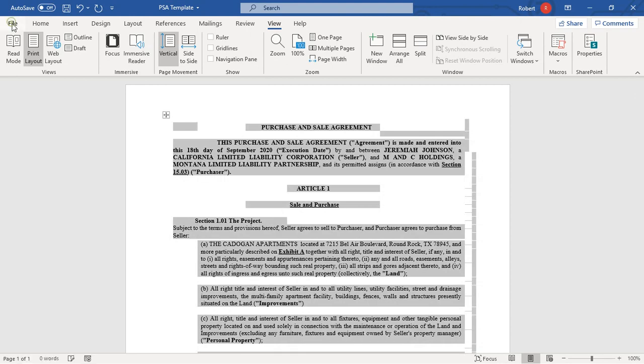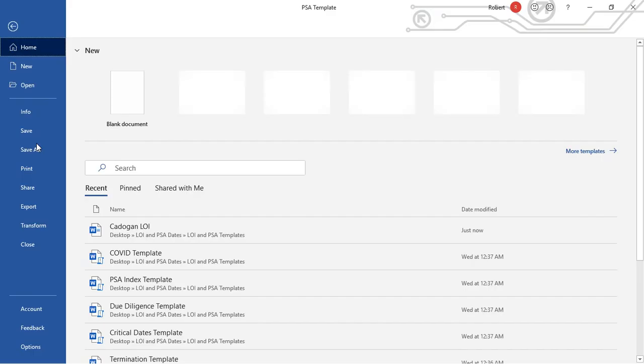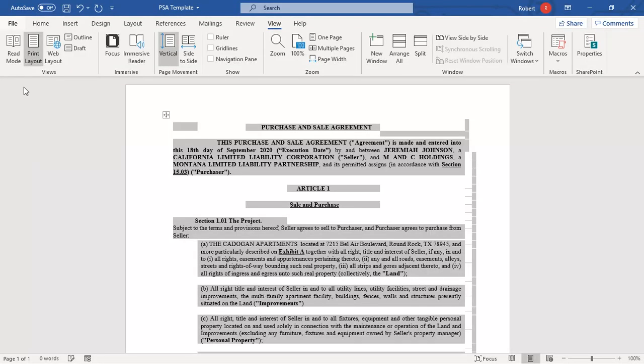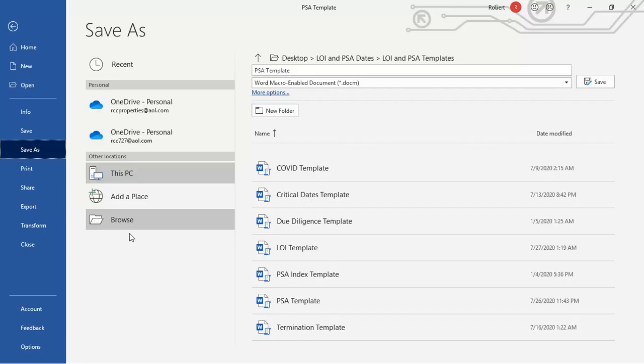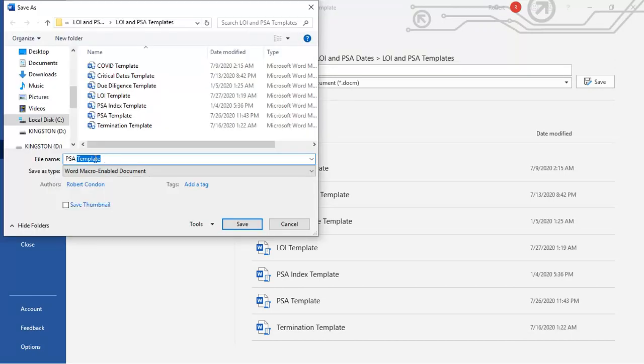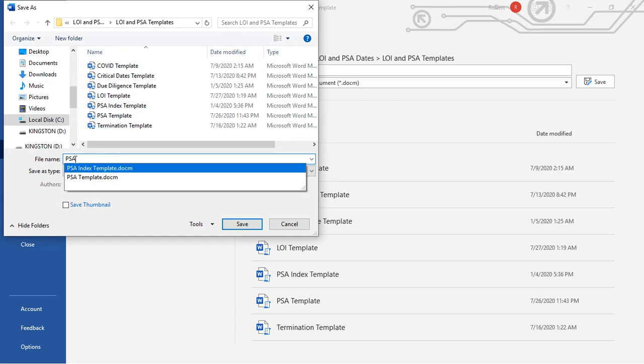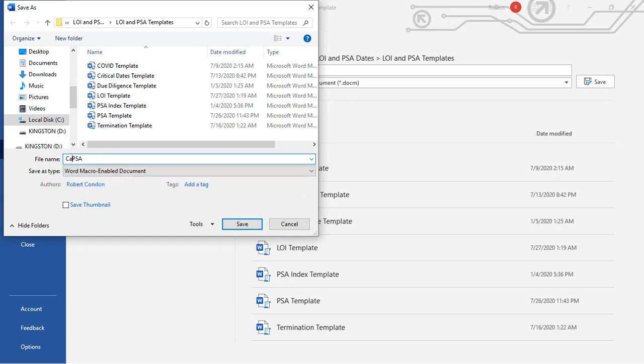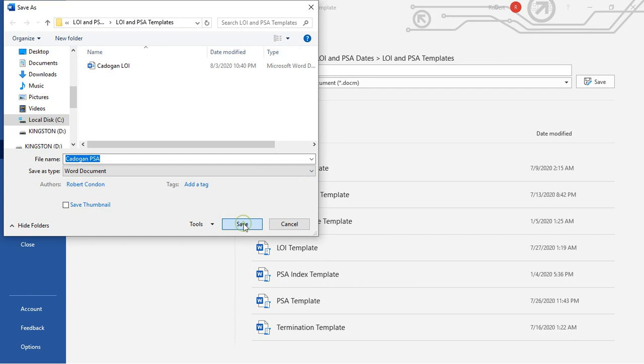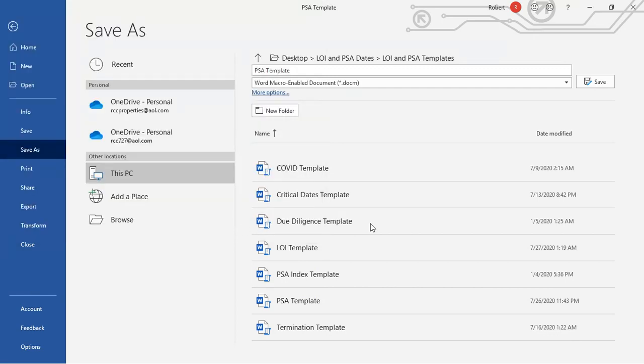It's formatted. You say File, Save As, Browse, and of course I'm saving it in the same folder where the templates are at, just to make it easy. And again, we just delete the word template, and we call it the Cadogan template. And again, don't forget, we don't want to be sending a macros enabled document to the seller. Save, and it's going to ask us, are you sure? And once it tells us if it's sure,